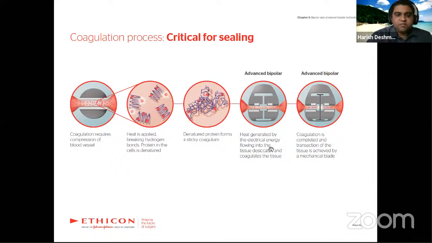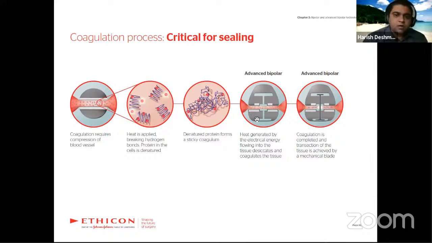The coagulation process is critical for sealing. Coagulation is nothing but when we apply heat, the protein in the tissues gets denatured, which forms a sticky coagulant, and because of which it coagulates the vessels. So advanced bipolars coagulate while moderating the temperature within 100 degrees Celsius, especially with